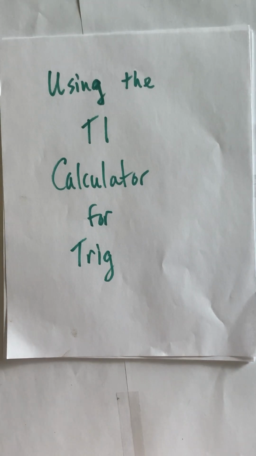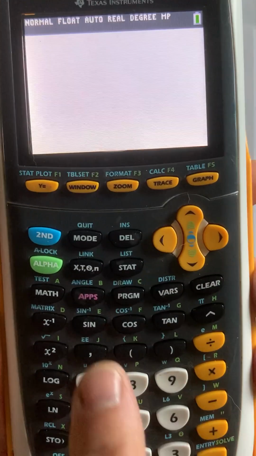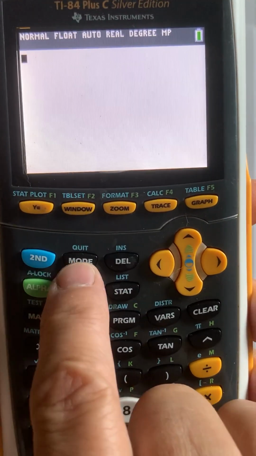Hello. So in this video, we're going to look at using the TI calculator for just some basic evaluations of angles and also just an inverse. So you can kind of see how to use your calculator. So the first thing you want to notice is that this button next to the second button, the mode button,